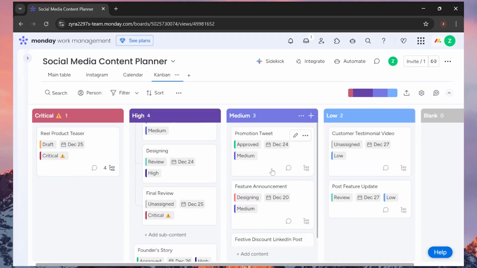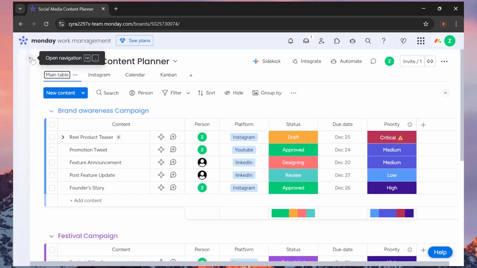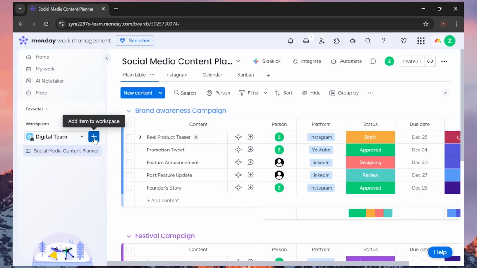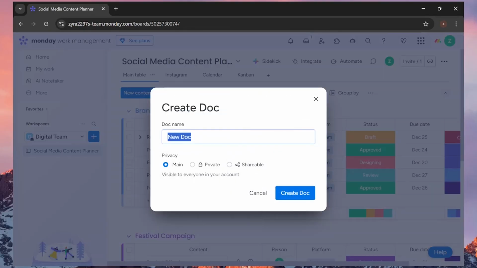So that was how you create Kanban, calendars and different other views. So far we have learned how to create our main board, different views, add tasks, subtasks, customize our whole view. Next, I want to add in a document for my guidelines on how to create the content. So let's get our sidebar back and add in an item to our workspace, and this time around we are going to select document instead of board, and I'll name this content guide